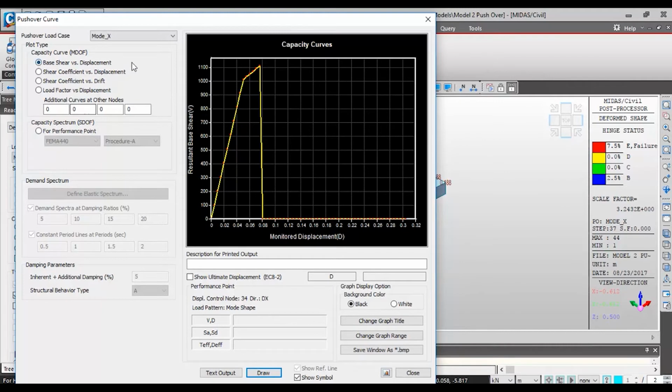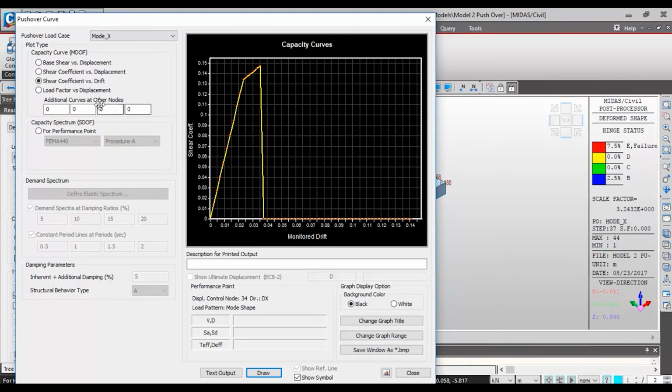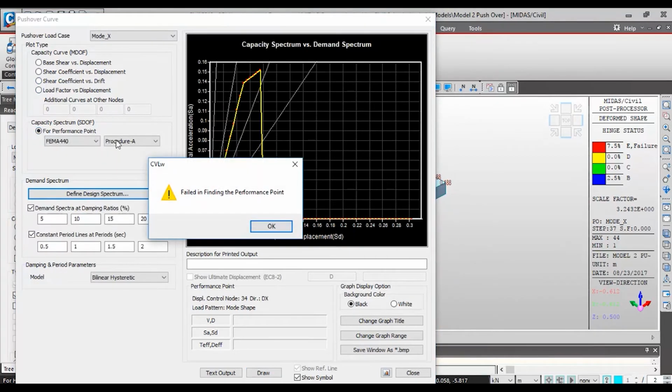For example, this is the base shear versus displacement. You can get shear coefficient versus displacement, shear coefficient versus drift. If you have any load factors, you can also apply them. And then if you want to obtain the performance point,